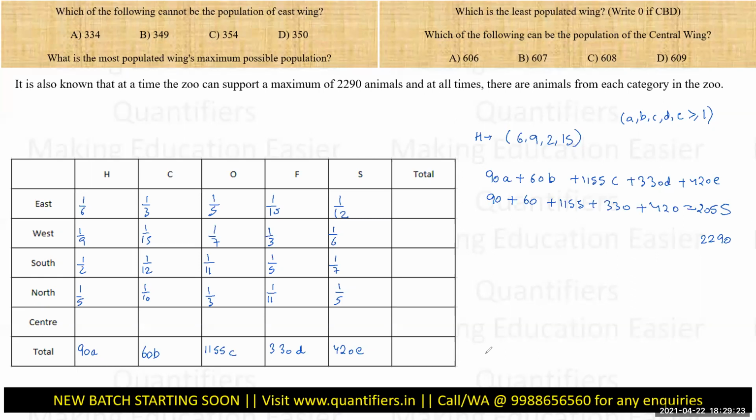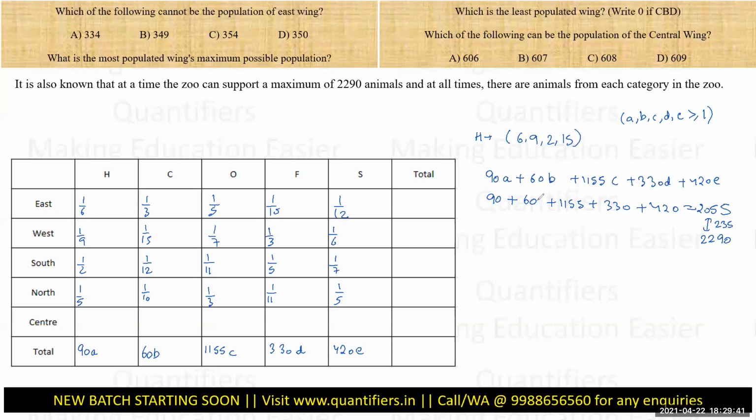Right, they can accommodate a total of 2290, and they have taken this much, which means what is the value, or what is the bandwidth that I have? The bandwidth or the gap that I have is 235, which means I can play with my coefficients a bit. What do I mean by that, playing with coefficients?